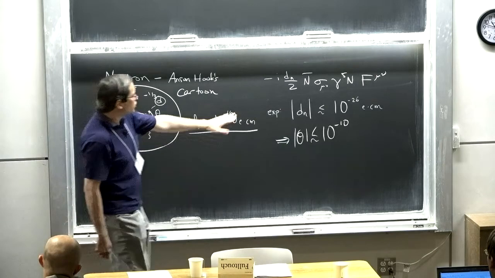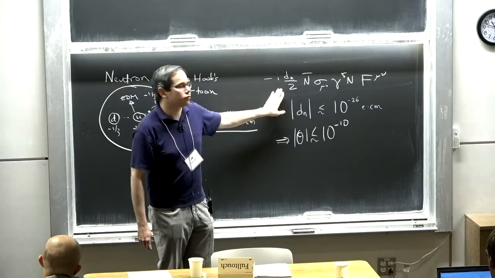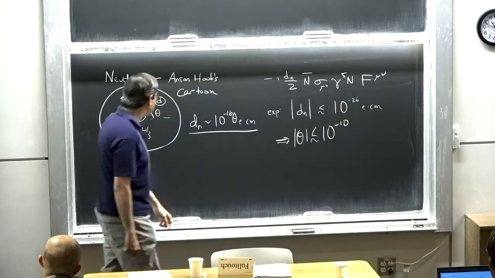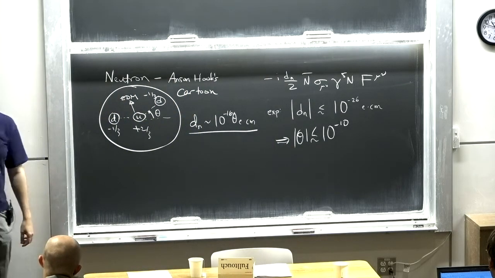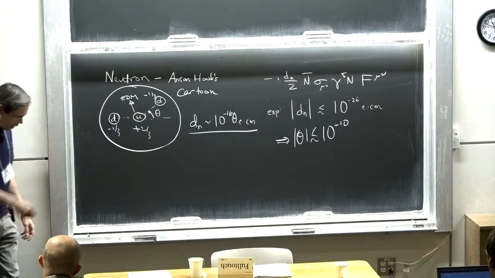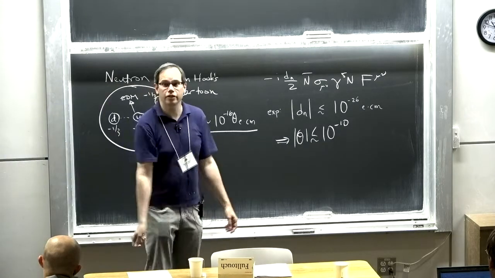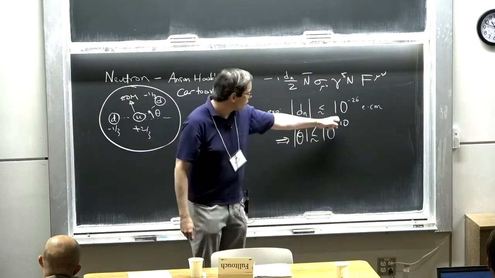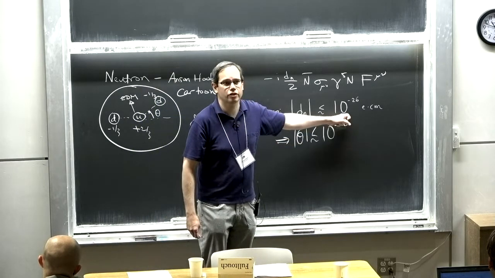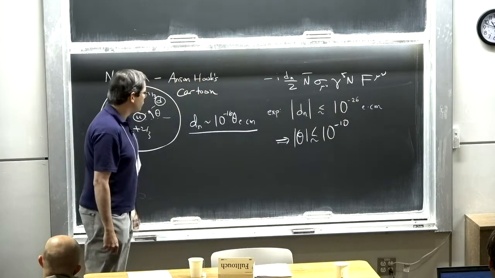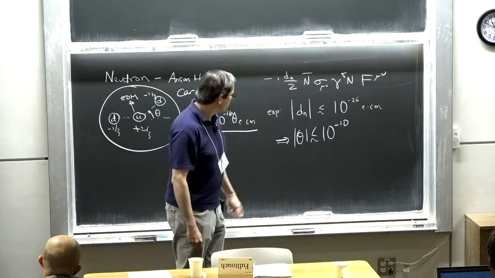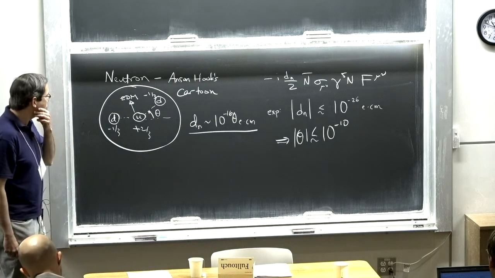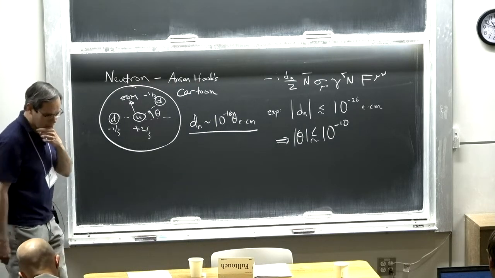This is what I mean by a dipole moment. It's this operator we could write in our effective Lagrangian. It's a coupling of the neutron to the photon. And people have tried to measure this, and no one has yet succeeded in measuring a non-zero value. Experiment tells us this number is less than something like 10 to the minus 26 e centimeters. And if we just compare these, that means that this angle is smaller than something like 10 to the minus 10. Okay, so that's the cartoon.